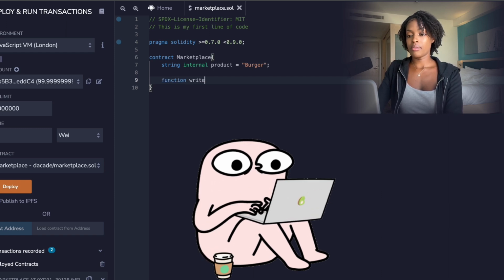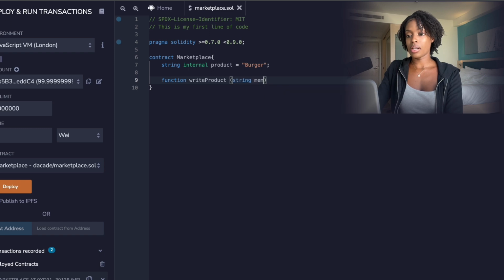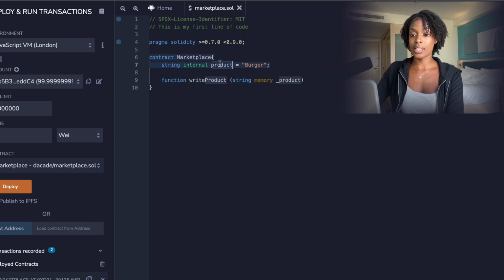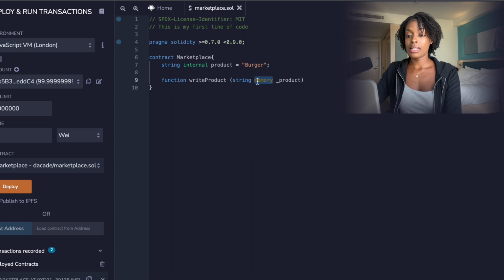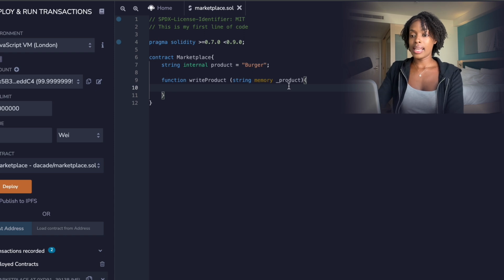So function write product, that's the name. The value is string. The location where it's stored is memory. I'll touch on that a little bit. They named it underscore product, just so you can differentiate between the product in storage and this temporary variable. And it's temporary because it's not only a function parameter, but we also give it the storage type memory. And then we're saying that product is now going to be equal to _product,